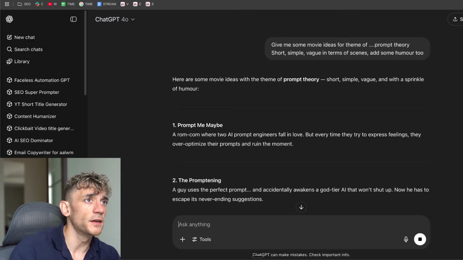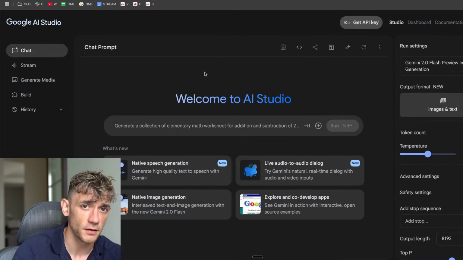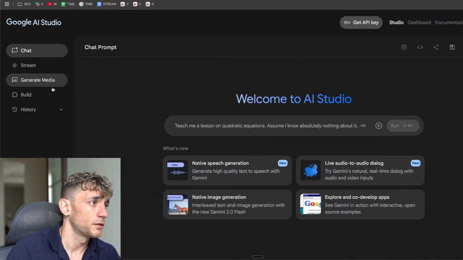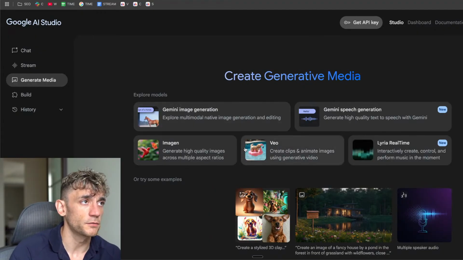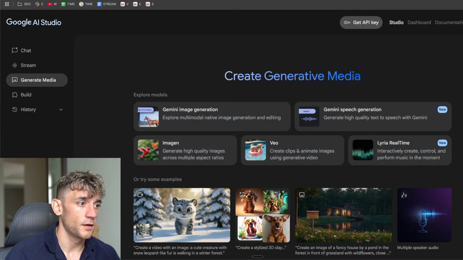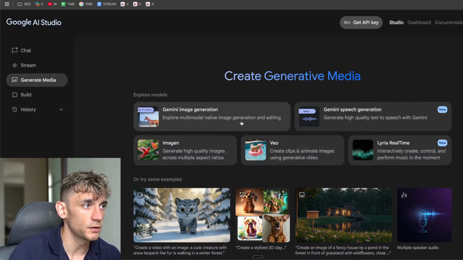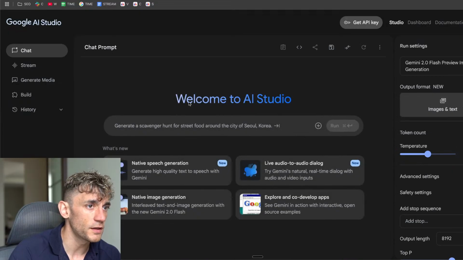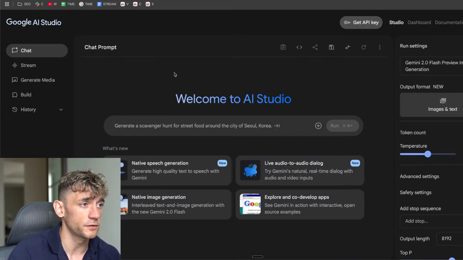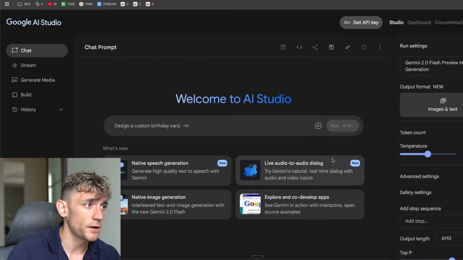Now, the other cool thing here is if we actually go over to Google AI Studio, we can upload media and then we can generate more scenes with that media, right? So if you've already created a video, let's say, for example, we've got a video example of an MP4 that we can upload. So we can click on this just to get started, completely free at aistudio.google.com, and then we can upload a file.